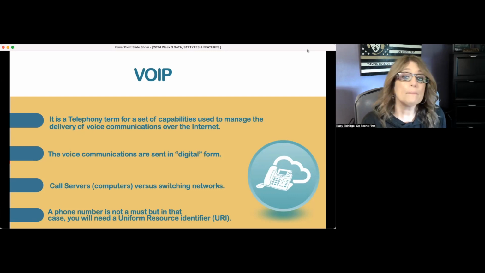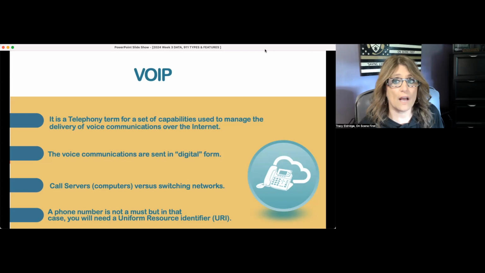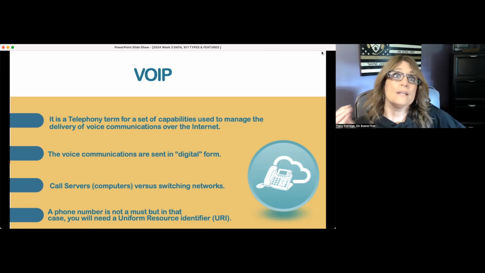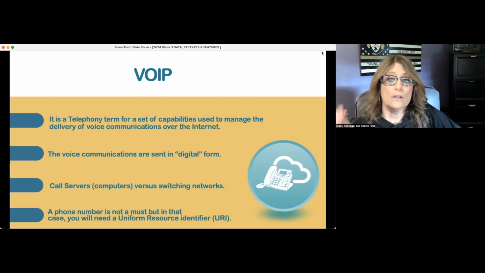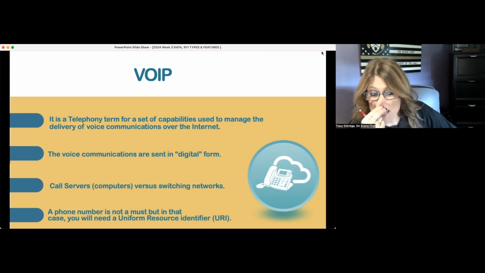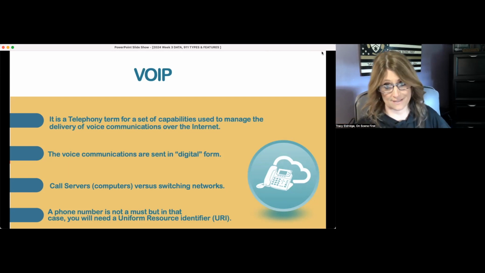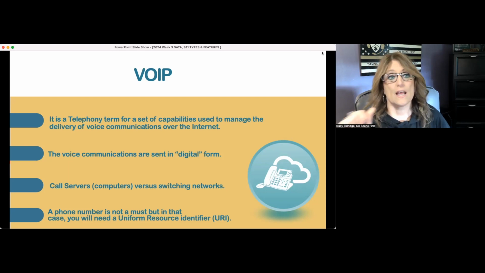Because for a long time, the FCC had nothing to do with regulating these types of calls. They do now have a say, and they are regulating how these calls are moving through the network and things that they have to provide. I'm going to get a little bit further later into what a uniform resource identifier is, but just know it has